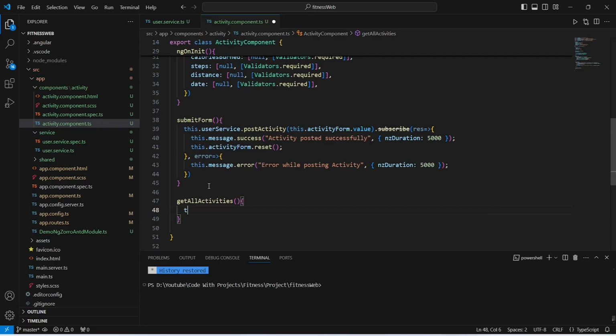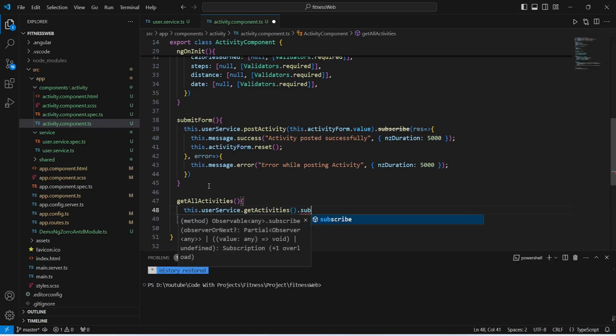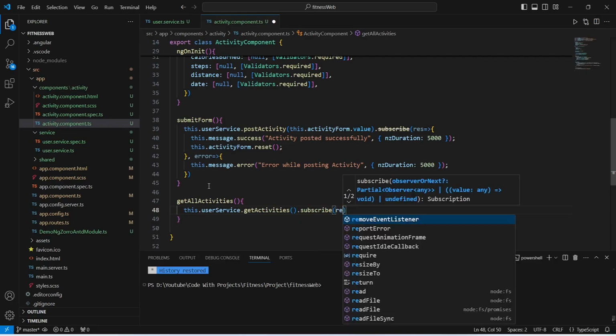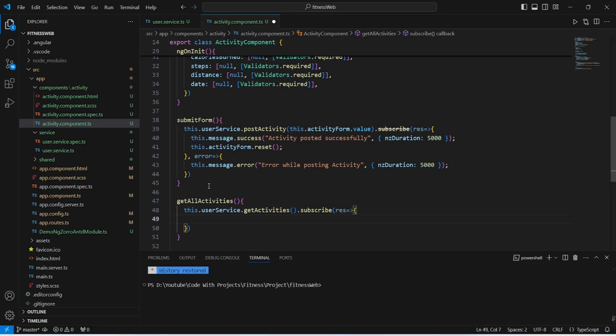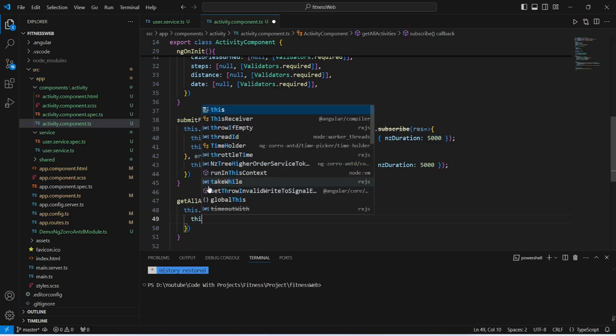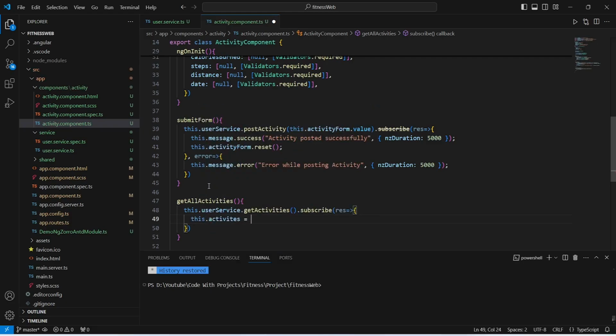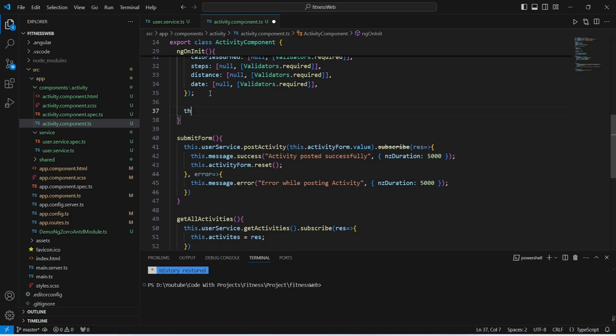And in the body of this method, we will use user service and we will call get activities method. And after this, we will subscribe the response and we will name this as res and we will write an arrow function. And in the body of this function, we need to store this response in our activities variable. And to do this, we will write this dot activities is equals to res. And with this, our get all activities method is completed. Now we need to call this method on the load of our component. And to do this, we will go to the ng on init method and we will write this dot get